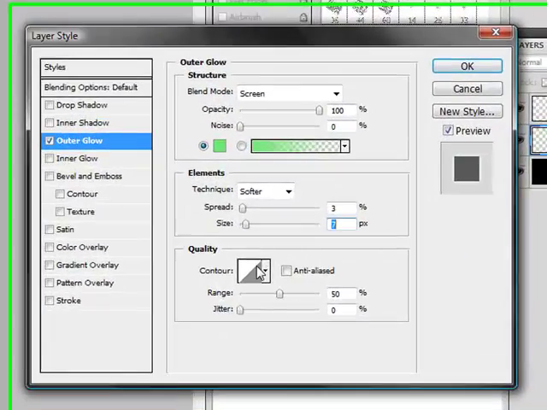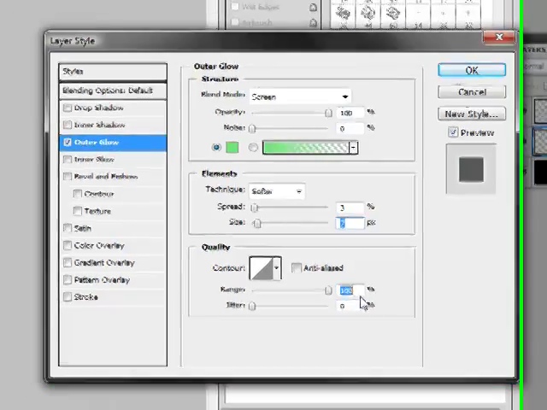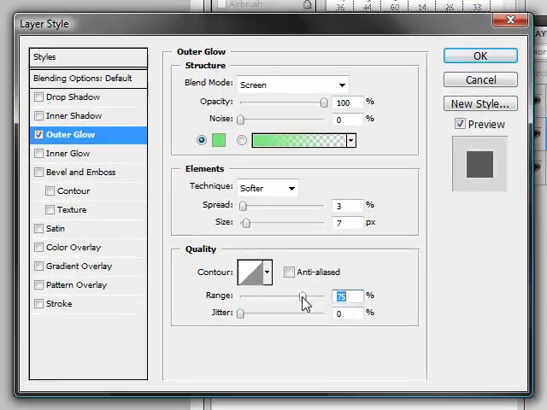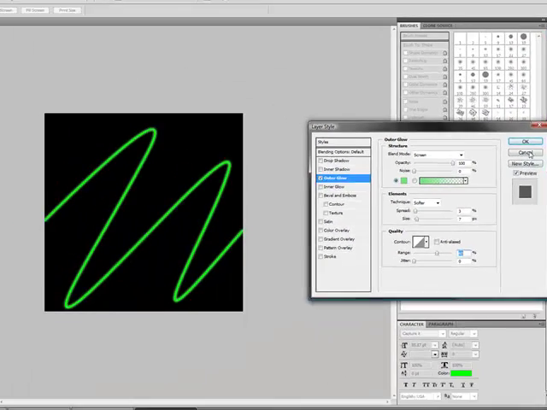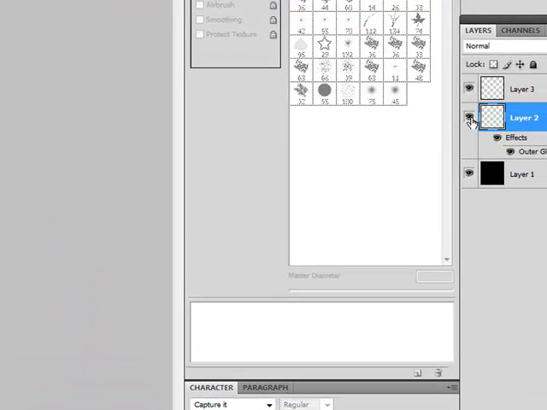Range is probably best put up high to really make it look nice. Maybe 60 range will be fine. I don't worry about jitter. But there you go. So there's a little basic design. Now we're going to